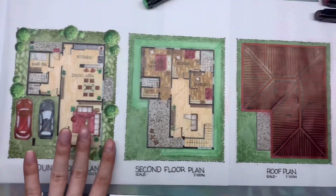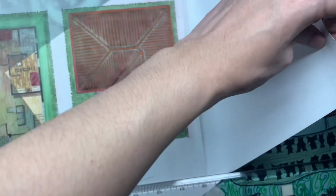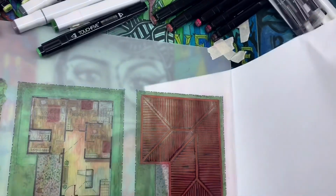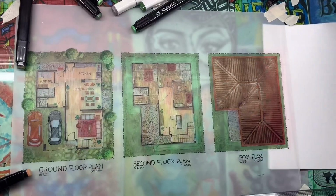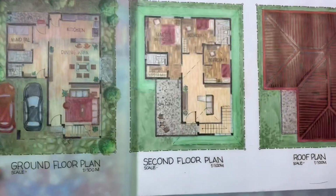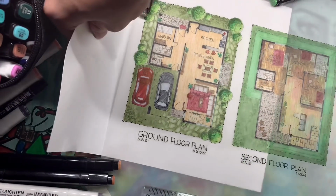I hope you like the colors I chose, and I hope you learned a thing or two about how I render. And this is a clip of me taking out the bond paper I used at the back of the tracing paper, because the bond paper helps in visualizing a clear view of the tracing paper because of the white background. And yeah, tracing paper is very transparent or translucent, so you really need a bond paper to help you